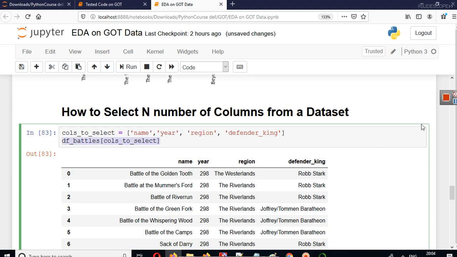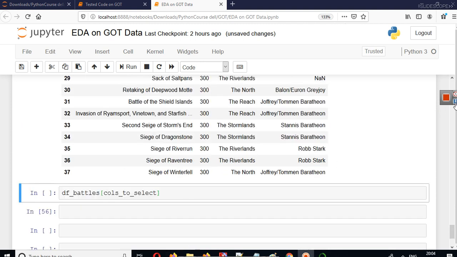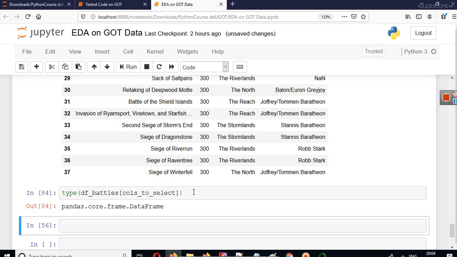Let's copy this, and you can write type here to analyze it. I am always using this type function because I just want to analyze everything here. So now in your type function you can see that it is a pandas core data frame.